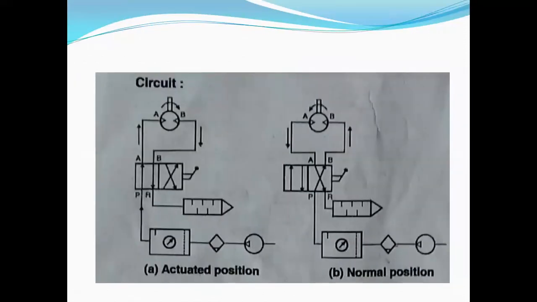Again, similar to your unidirection air motor or double acting cylinder, here is the actuation of a bidirection air motor. Bidirection means it will rotate in the clockwise direction or anti-clockwise direction. In the normal operating condition, P is connected to A, so your motor will start revolving in the clockwise direction, and the return air is passed from B to R and towards the muffler.